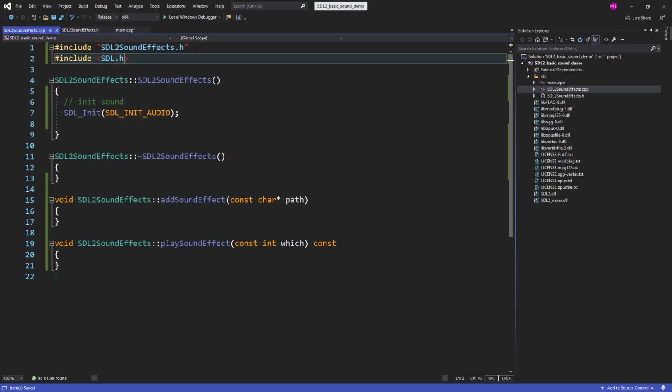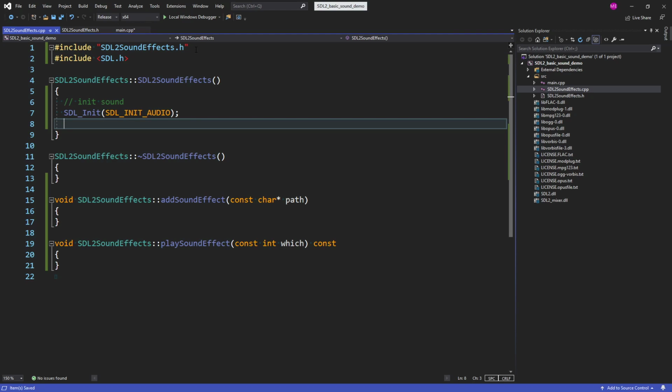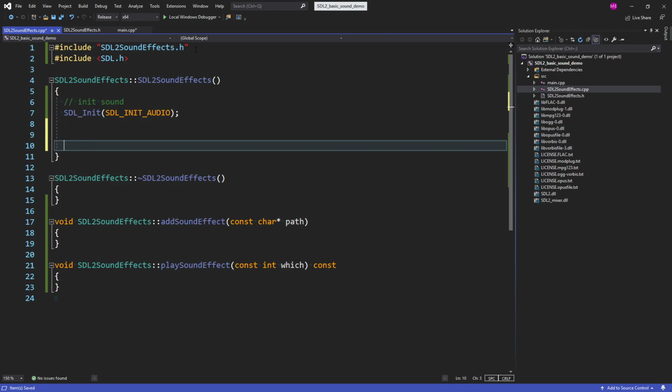Yeah, there we go. So that's part of where we start to need the SDL header. Okay, and then we're basically going to do Mix_OpenAudio and give it all these rates, frequency, format, channel, chunk size. And